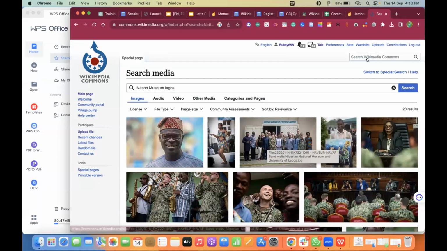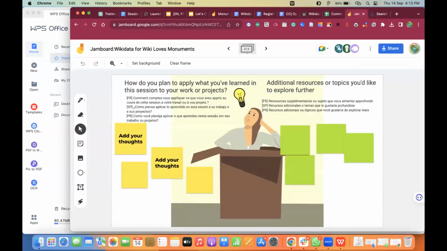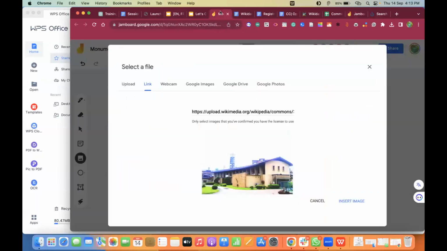It's not really giving me the direct one, but I had already gotten the link here. So once you go on Commons, you search for the file URL and paste it in this link, and automatically it pops up the image of that museum that means a lot to you.